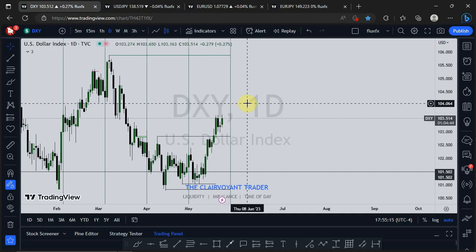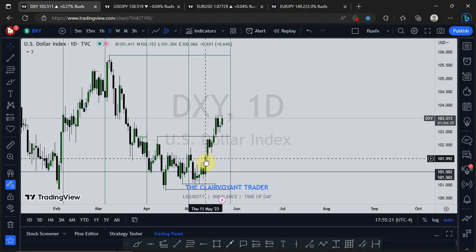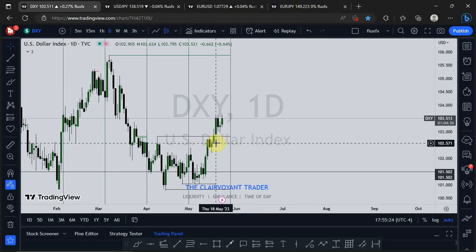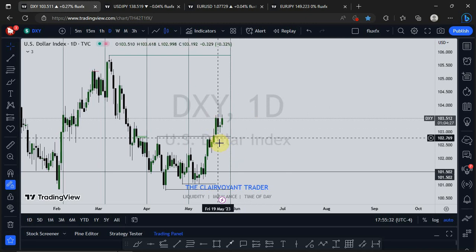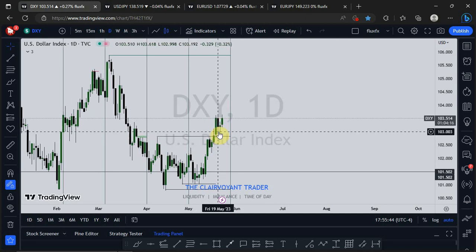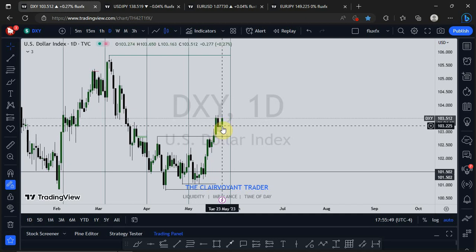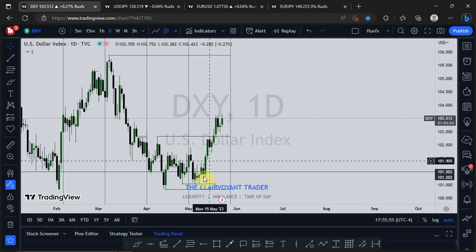Yeah. So let's start with the dollar index. Last week, in the weekly market outlook, I was actually expecting the dollar index to make a little bit of a retracement before we see a continuation to the upside. And just as you can see currently, price has given us a swing low right here. Right after price took out this high, price gave us just a little retracement, and then it gave us a swing low, a higher low on the left and a higher low on the right.